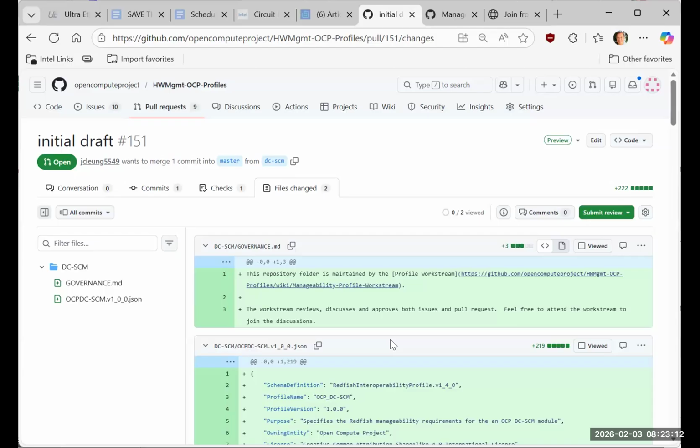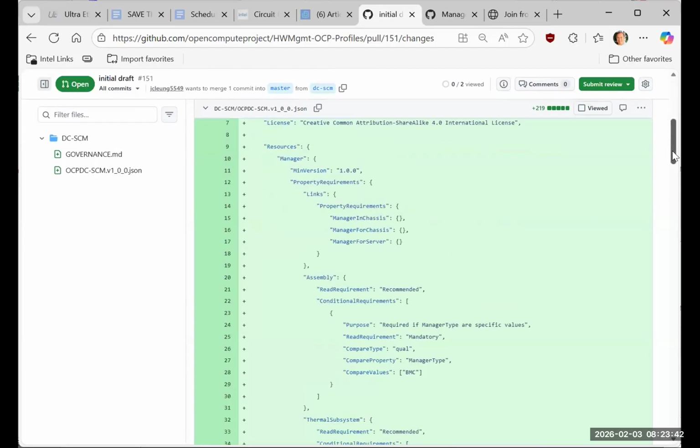The way the reference profiles work is that they presume a platform or system to connect up to. So when I'm doing a DCSCM, it's kind of just floating there to be attached to some other profile. Most of our dependencies are referenced on what resource they might be connected to. So in my instance,